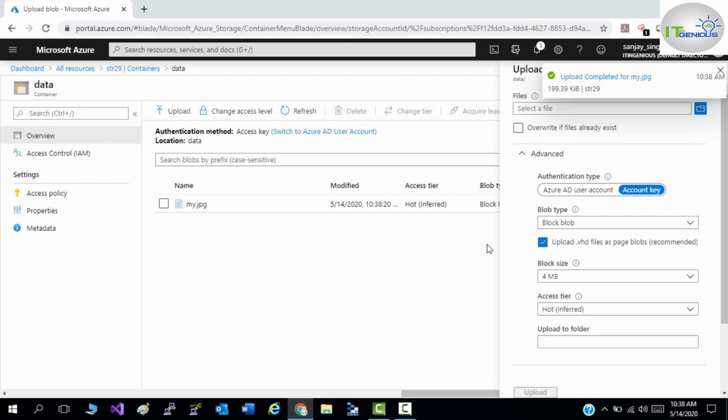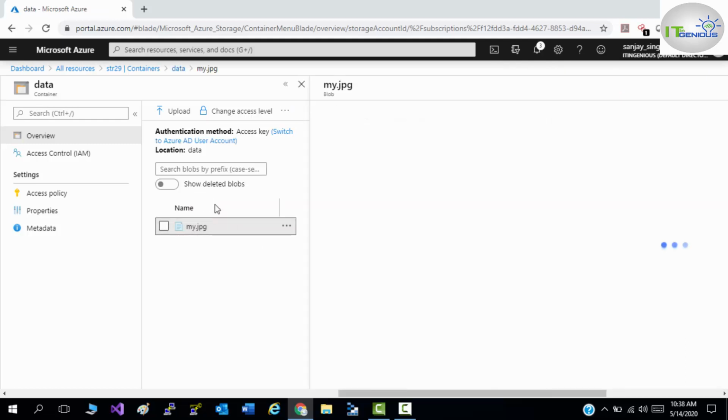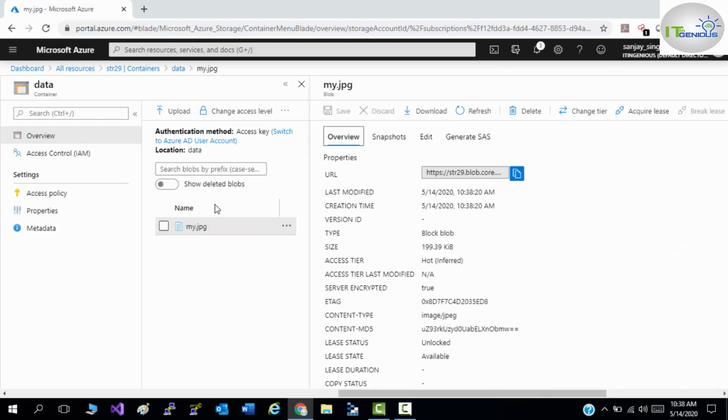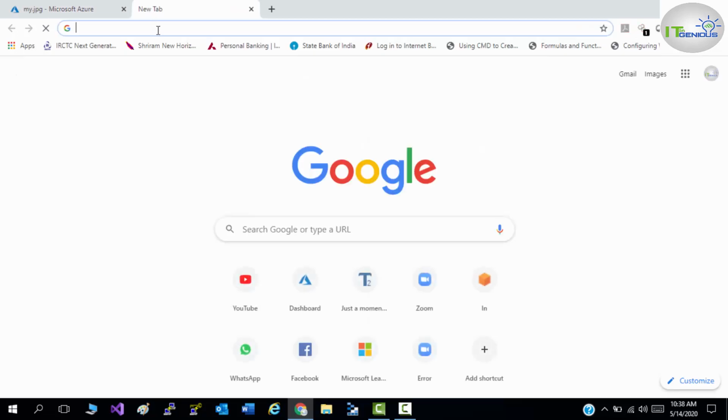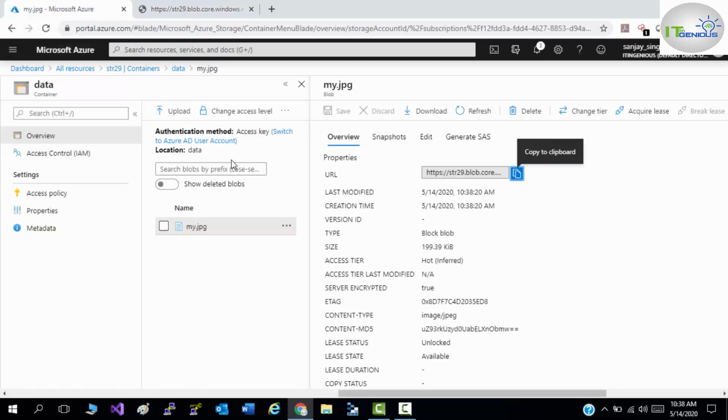The file is uploaded here. You can click on this file and you can see the URL for accessing this file. Copy this URL, go to your browser and paste it here. Right now there's no permission to access this image, this blob. What you can do is change the permission from here.